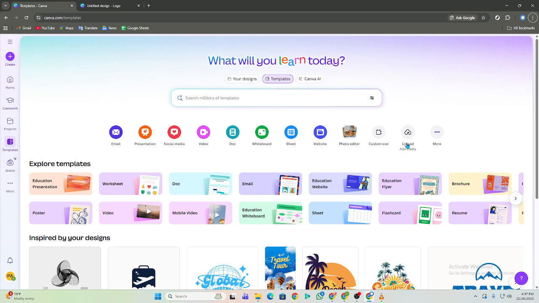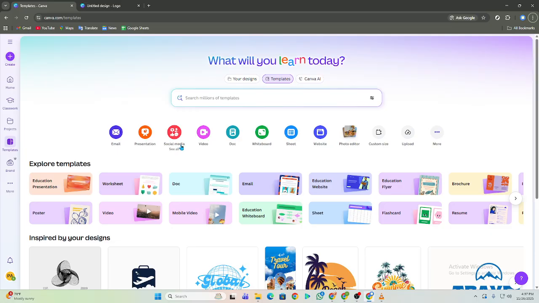Hey everyone, welcome back. In this guide, I'm going to show you how to upload your Canva designs straight to Google Drive in this full 2026 walkthrough. It's a simple process, but there are a few spots people tend to miss, so I'll break it all down